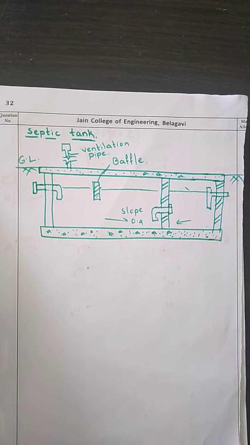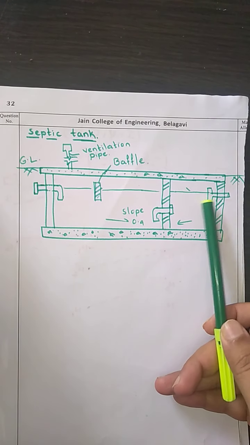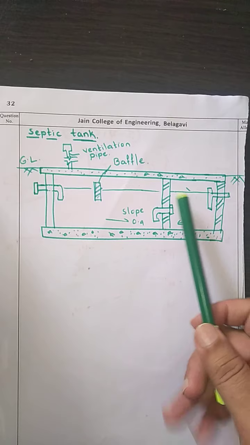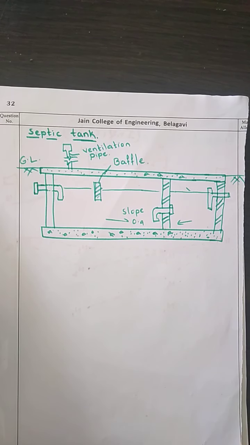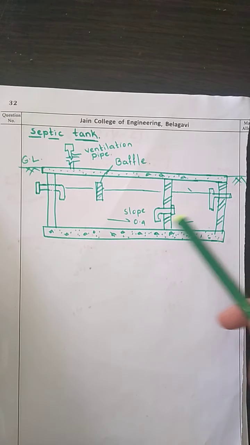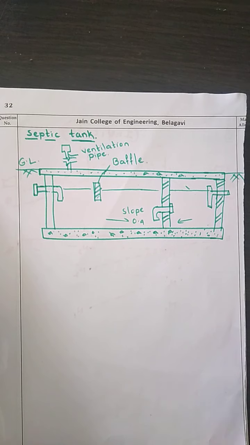The inlet and the outlet pipe should be placed at a level of 5 to 7 centimeter below the invert level of the pipe. The floor of the tank should be built of cement concrete with a slope towards the outlet. Both the floor as well as the wall should be well plastered to make them watertight.